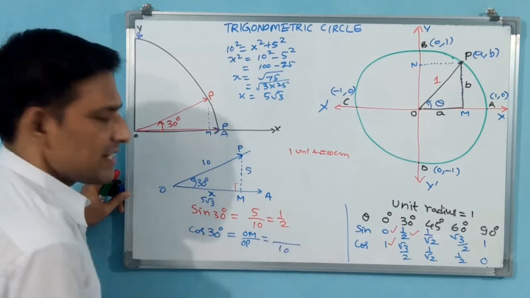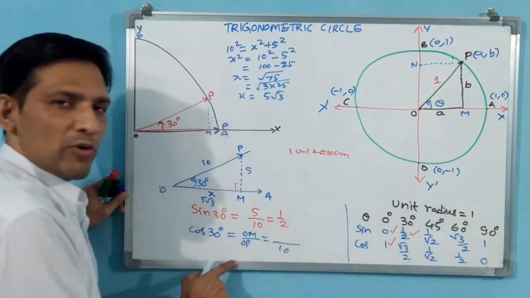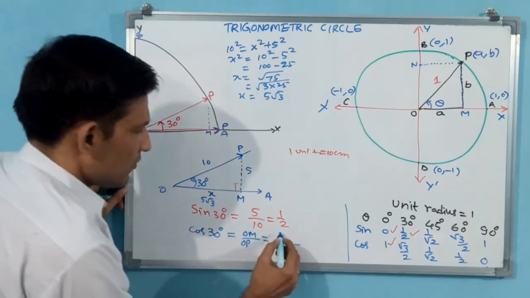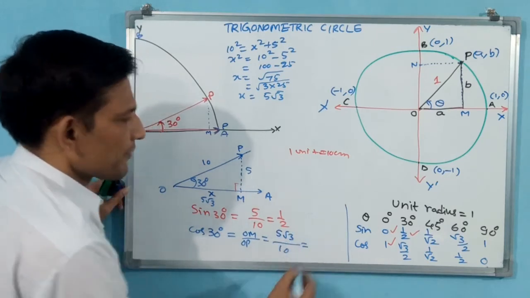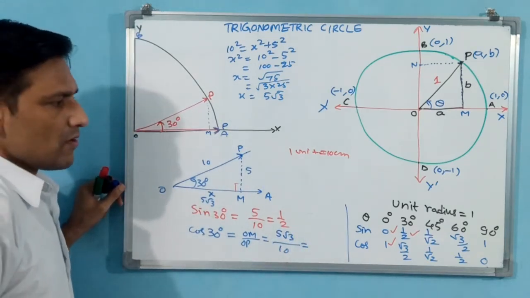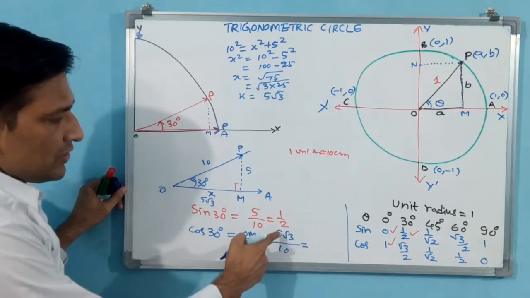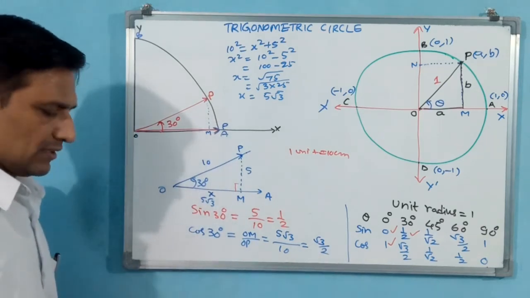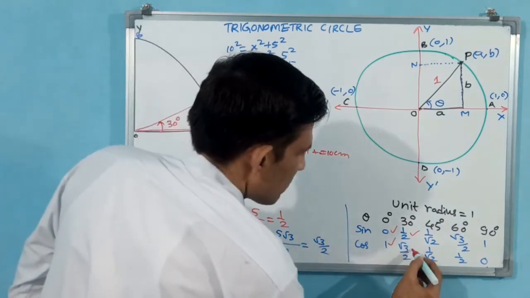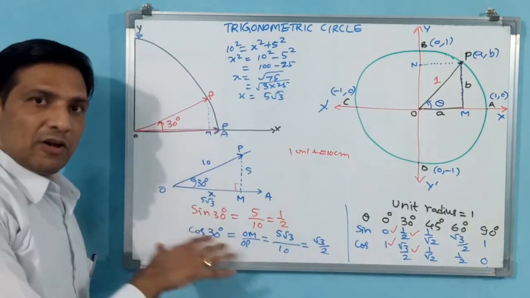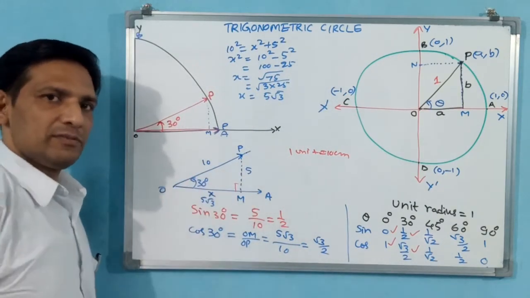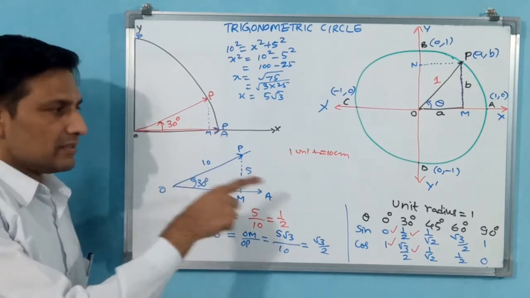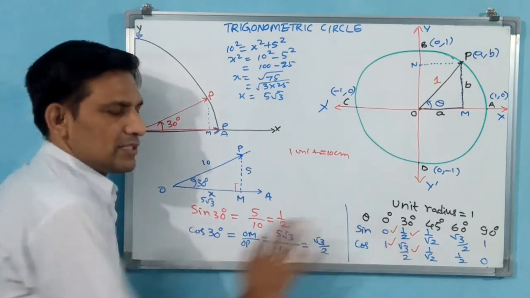OP is the standard 10 centimeters. We have taken 1 unit as 10 centimeters for our calculation. Now OM, how much has it come? 5 root 3. 5 root 3 comes automatically. See, 5 goes 2 times, then root 3 by 2. Now this also we have proved. With our normal paper, protractor, and pencil only, we can do this calculation. Why? Because 10 centimeters we have to take as a unit. Then results we have received.